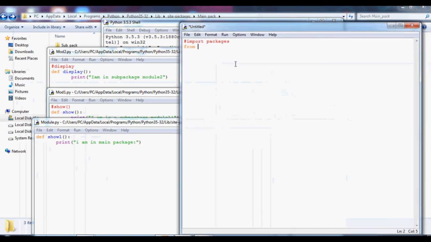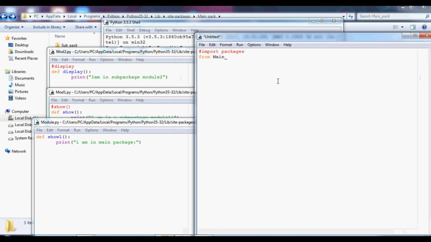Okay, let's go and import all these files now. From main underscore pack, first step I'm going to import. What we have created, the name of the module inside the main package is module.